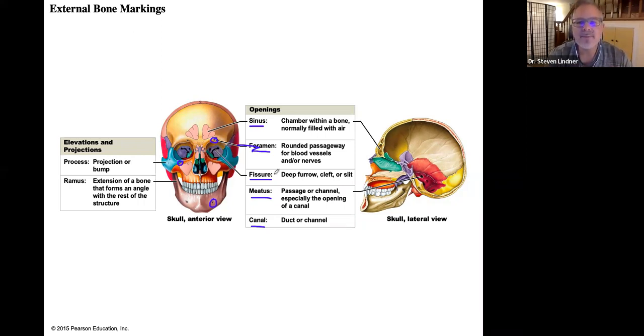A fissure is different than a foramen. A fissure that we see here is more like this elongated slit right here. It's a deep furrow, a cleft or a slit. And also through there, we're going to have some arteries and veins and nerves that travel through, similar to a foramen. A meatus is a passageway or a channel,